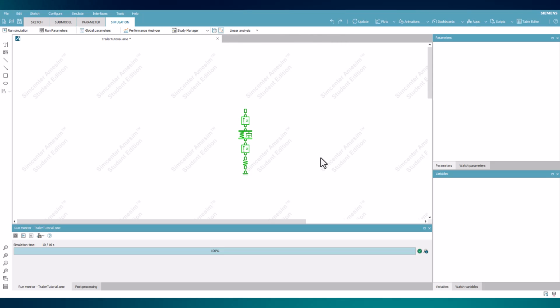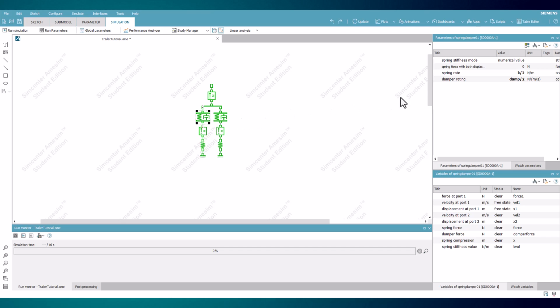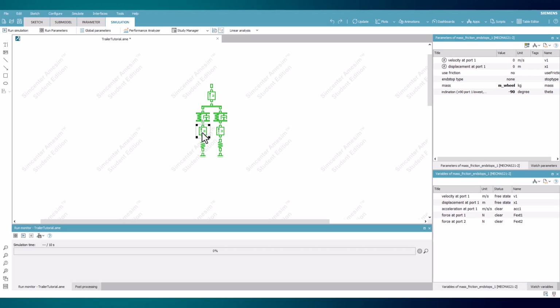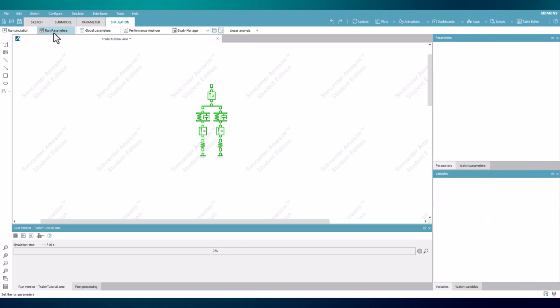Now, let's expand the model to have a suspension, wheel, and tire component for each side of the trailer. The model is now expanded to have a suspension and wheel for both sides of the trailer. The total values for the suspension stiffness and damper are divided between the two, and the mass and stiffness from the wheel and tires are applied appropriately. Performing another simulation, reopen the eigenvalues once complete.